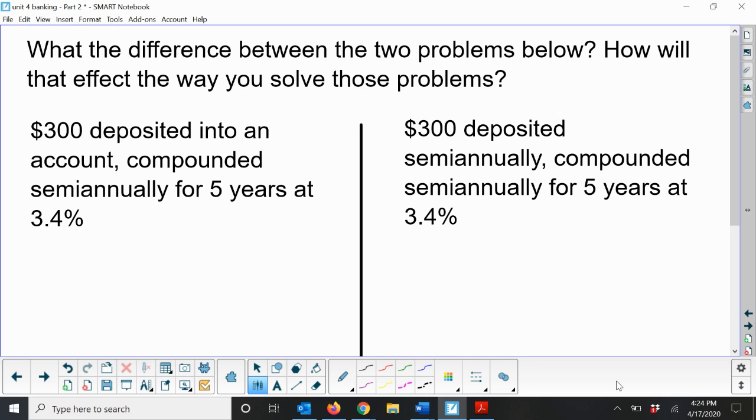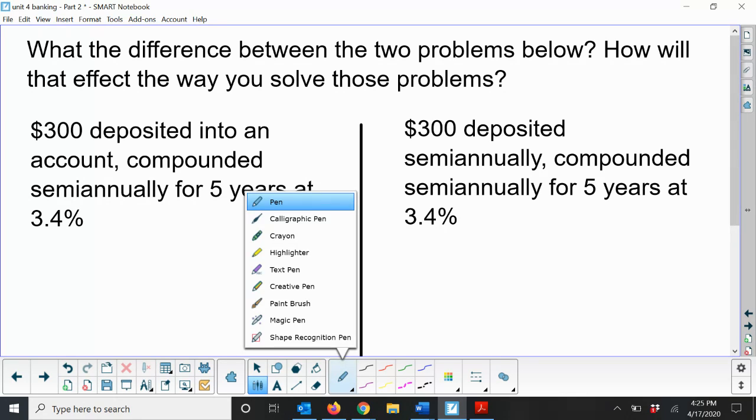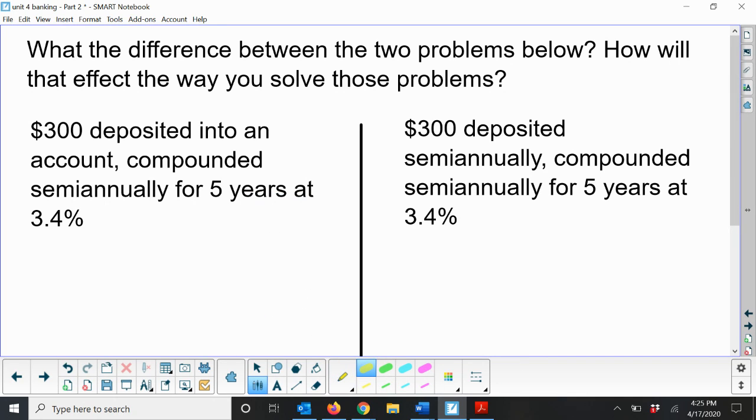All right, the big important thing in this unit is being able to know which formula we use when. So we've covered 4 of our banking interest formulas so far. And being able to determine which one of those 4 we use is super important. So for this quick video, I'm just going to use 2 different examples so we can determine between 2 of our formulas. And I do have another video that I will post that compares the 4 formulas that we've talked